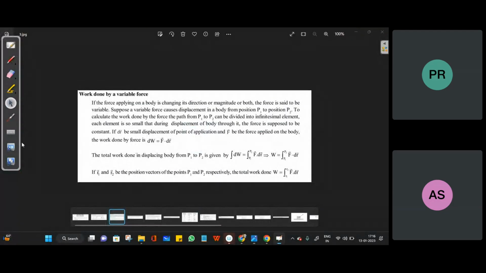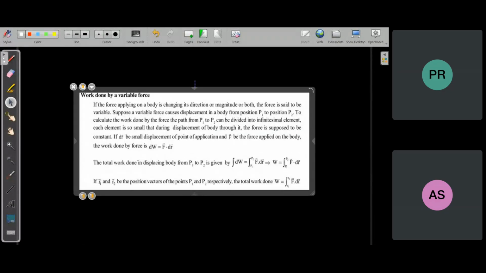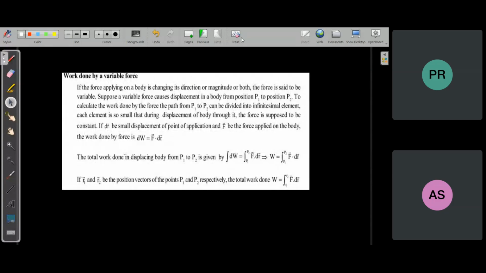So again, I'm adding this here. You can see this is written here, work done by the variable force. Let's go to the